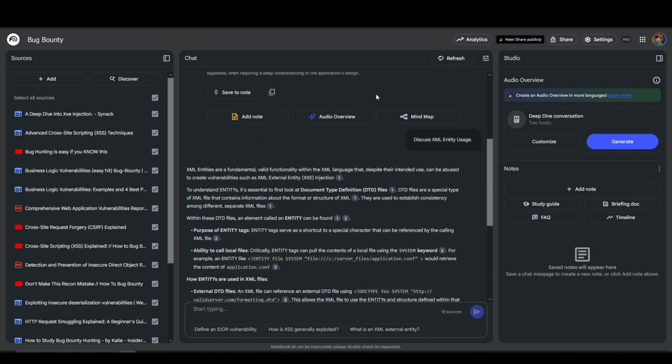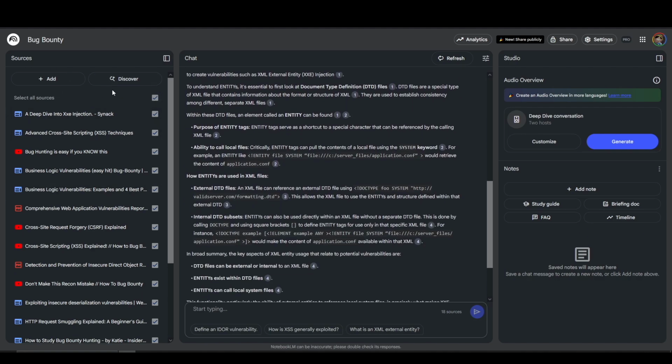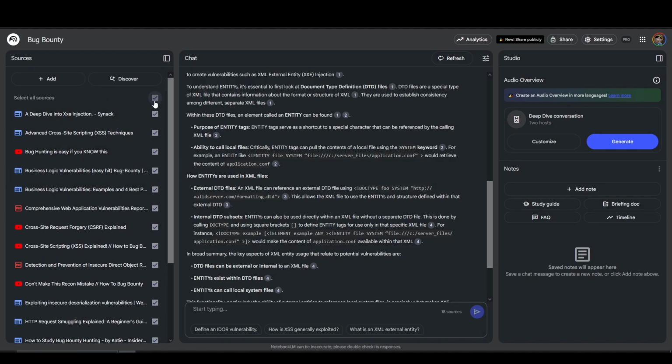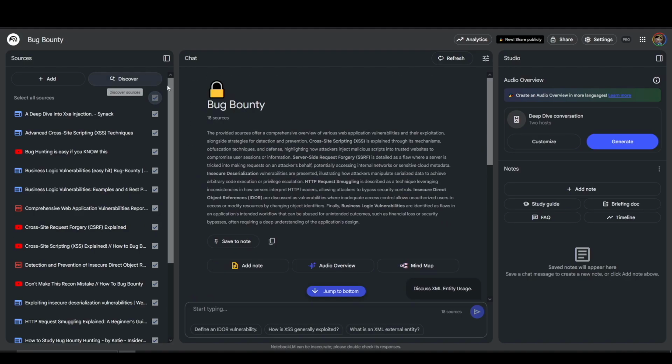When I'm going through these chats and everything, I normally just select all sources, but if you want to specify something in specific like CSRF, you could just click on that source and then you can create things based off of just that one source. Moving over a pane, we have the full chat window, so before you even click on anything, you'll get